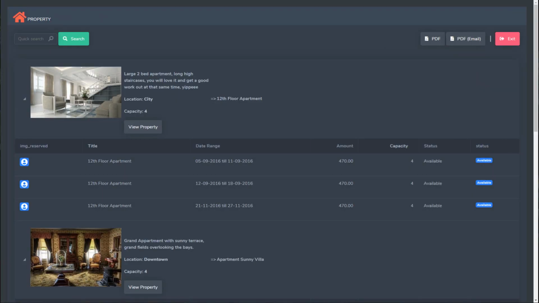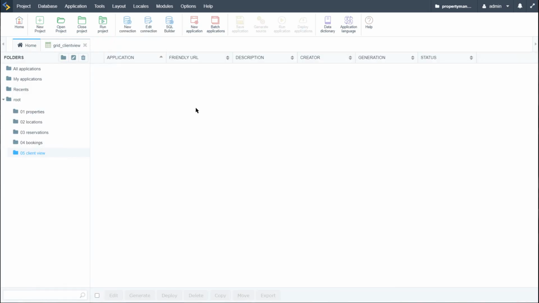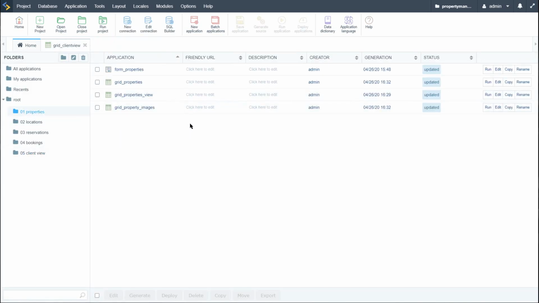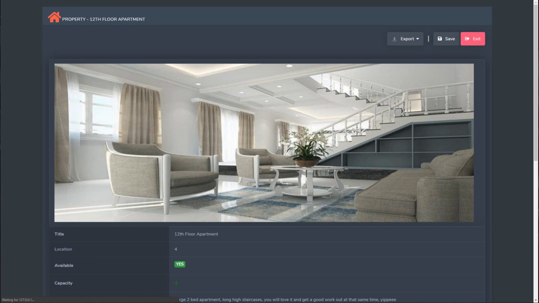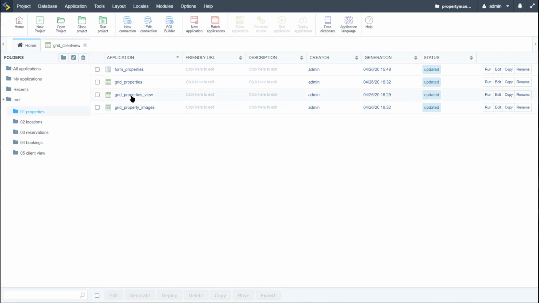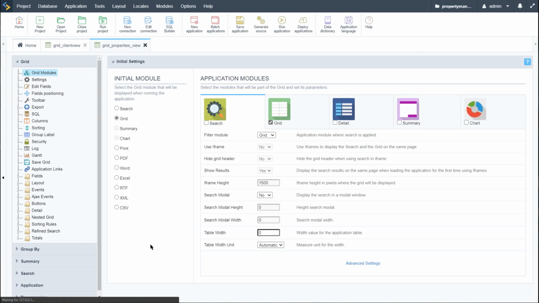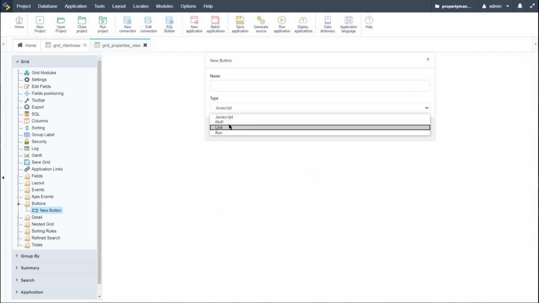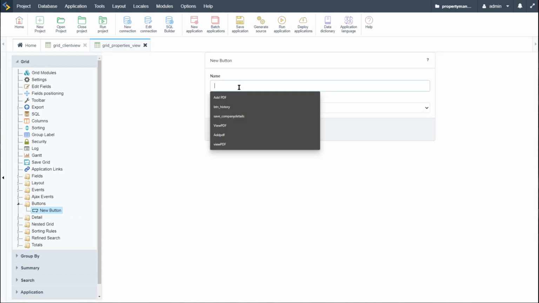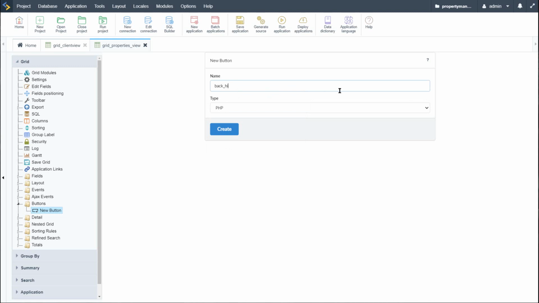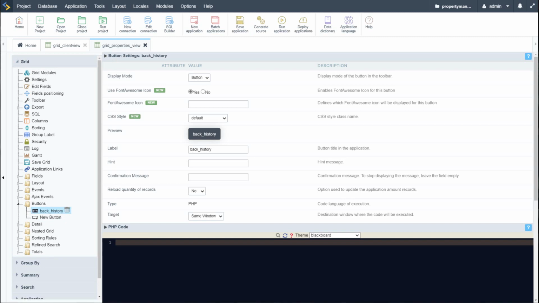So let's come back into Scriptcase, and now in the home and the properties was here the properties view that we then are viewing. Okay, so we want to open this up, and then in here we can add a button, a new button, and we can select the type PHP, and I'm going to call it back_history. Click create, and in here I'm going to type history.back,